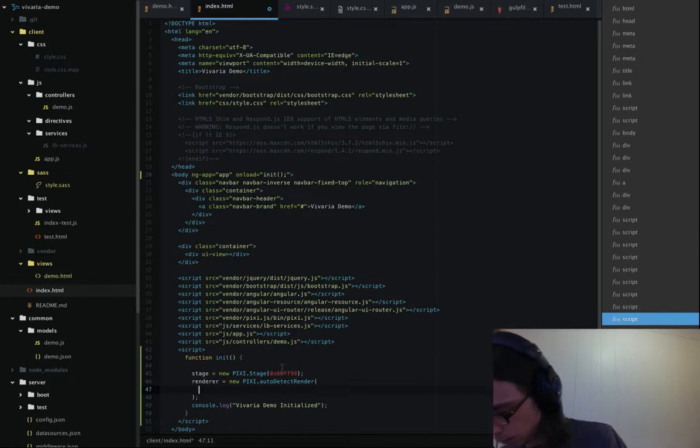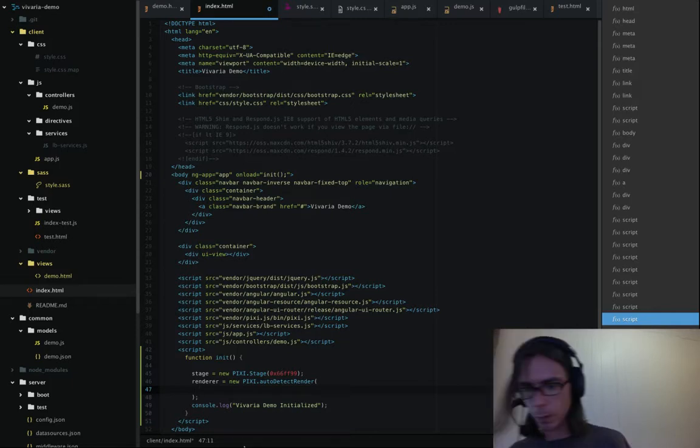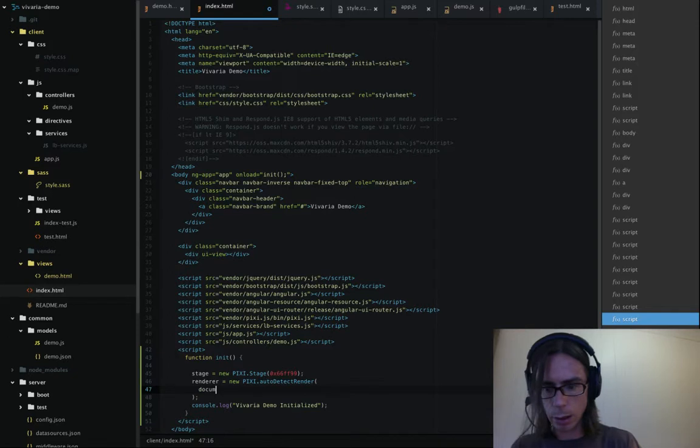So this should pull out our WebGL renderer. Okay, so if we're going to set up this renderer, we need